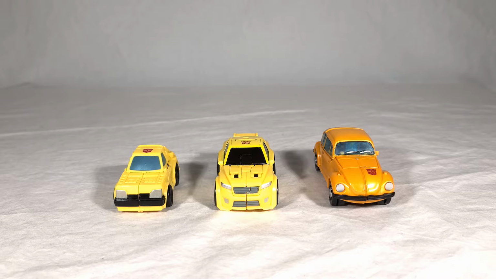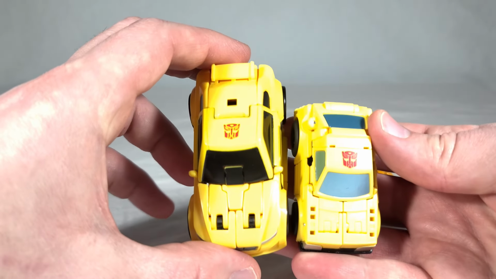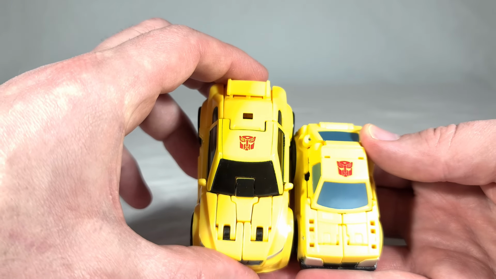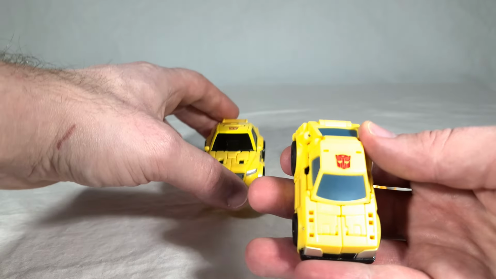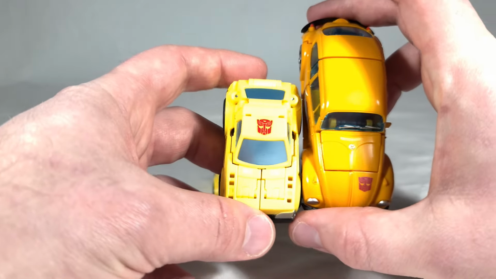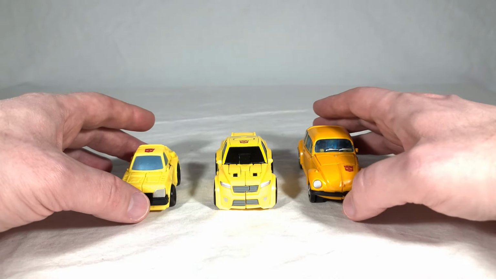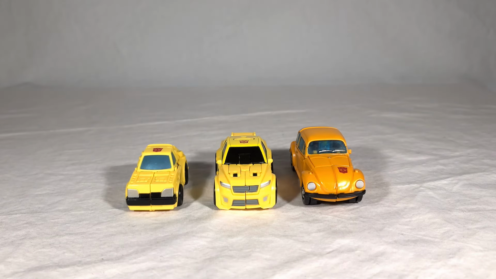And now, when I say this dude is small, look at this. Look at that. He's a good 3/4 of an inch shorter than a Legends class toy. And much shorter than the new Deluxe. Now, granted, I'd expect him to be smaller than the Deluxe, but just to give you an idea of where he stands. So, yeah, he's really, really tiny,